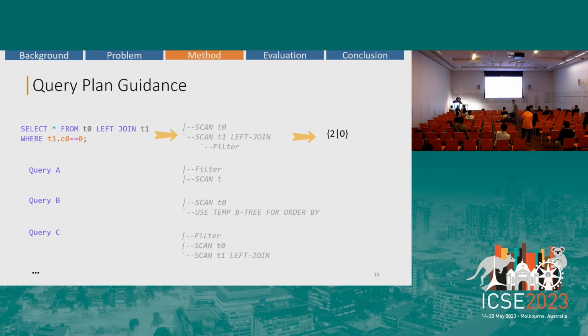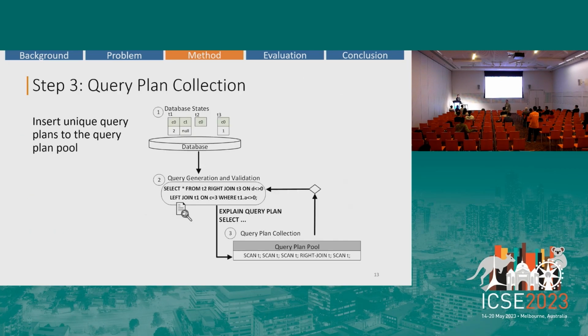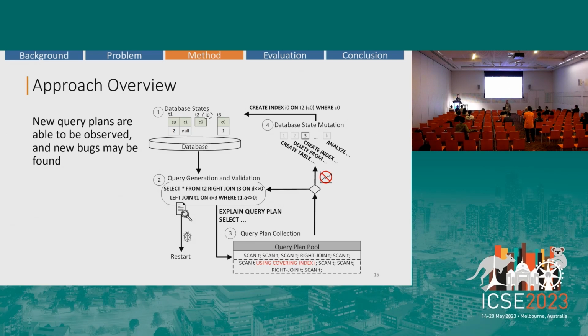Hello, I have a basic question about the query plan. So what aspects can affect a query plan? For example, the state of a database, can it affect the query plan? Or can the input query affect the execution of the query plan? So what kind of aspects will affect the actual query plan?